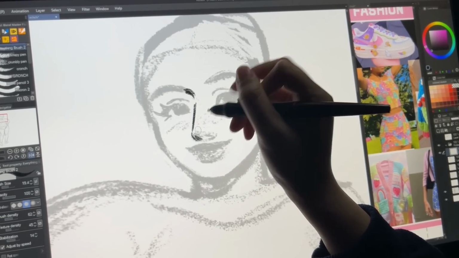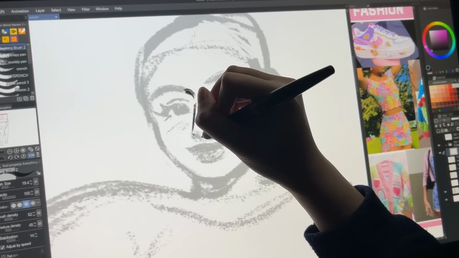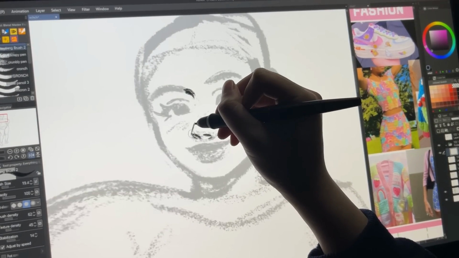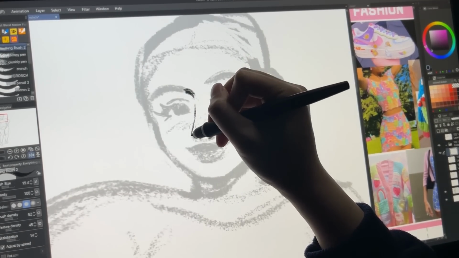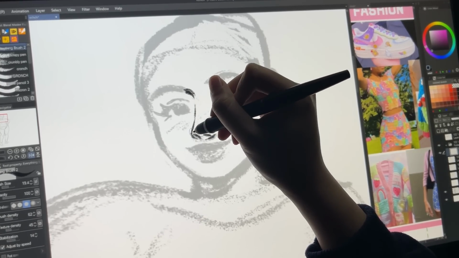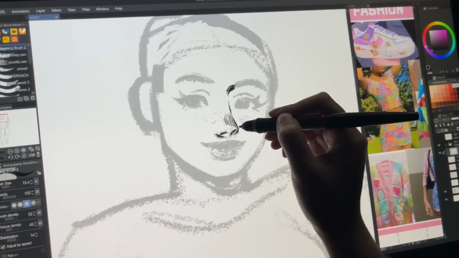So moving on to her face, I mentioned earlier that I wanted her to be Mexican, and so I was trying to look up specific features that make that evident. And I noticed that most of my characters tend to look Asian, even if I didn't specifically try to make them look Asian, or if I didn't have a certain nationality in mind for them.